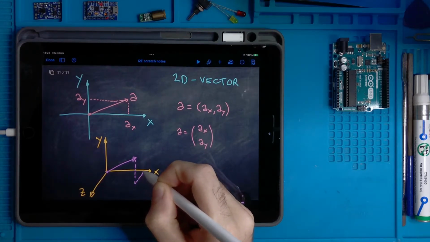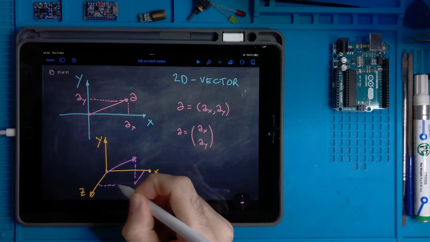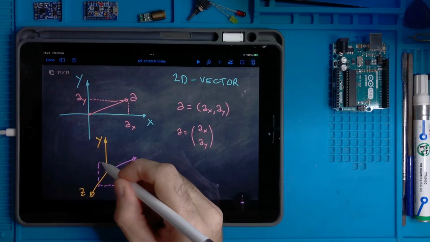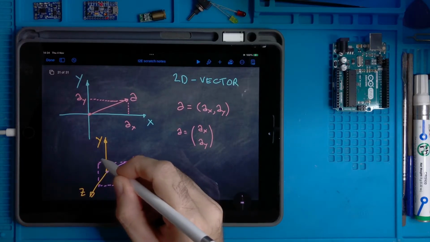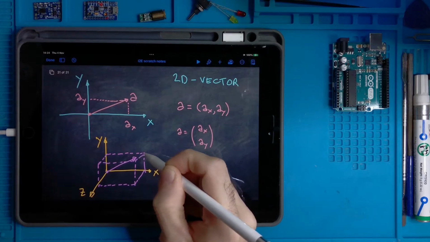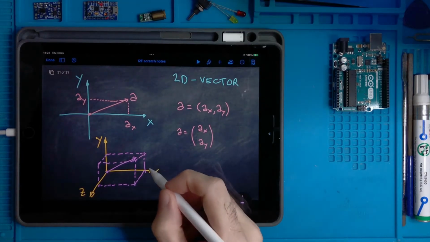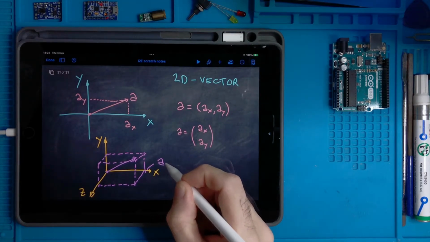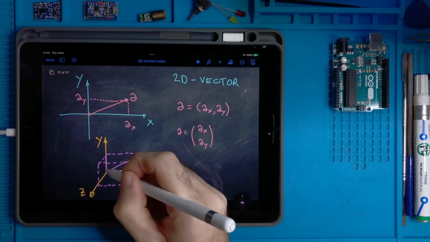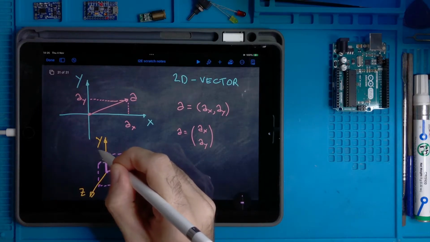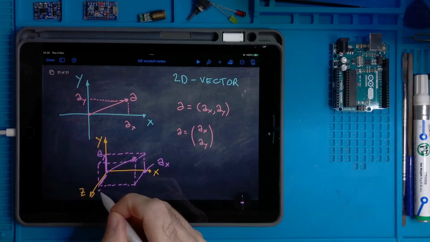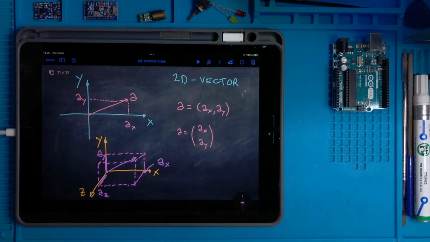Then we compute the projections. And this thing here is AX. This thing here is AY, and this thing here is AZ.